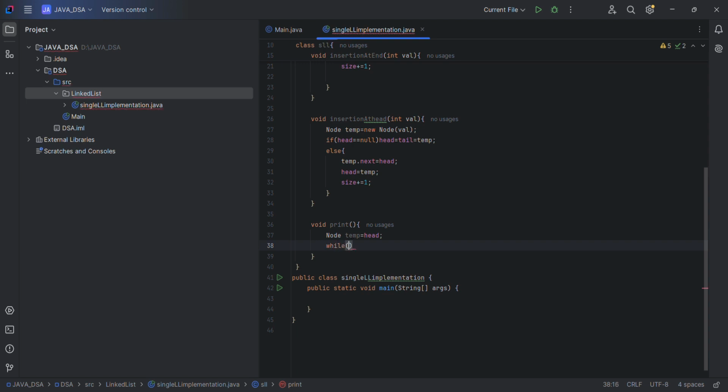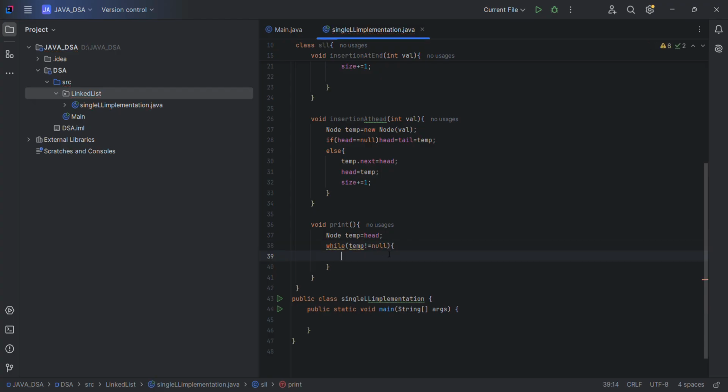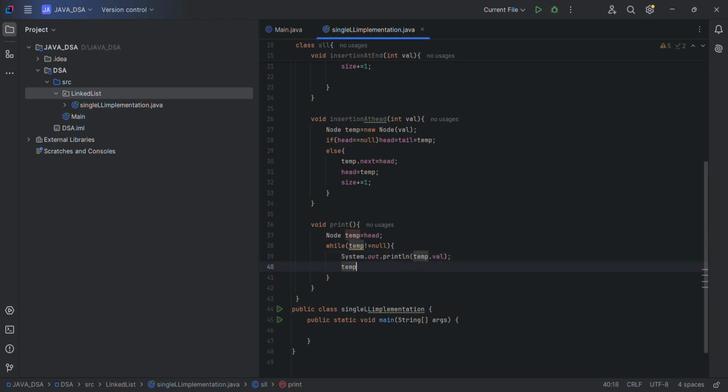Now the temp will traverse until the temp becomes null. So while temp is not equal to null, it will print the value of the temp variable, that is basically the node's value, and we will move the temp forward one by one. Okay, now